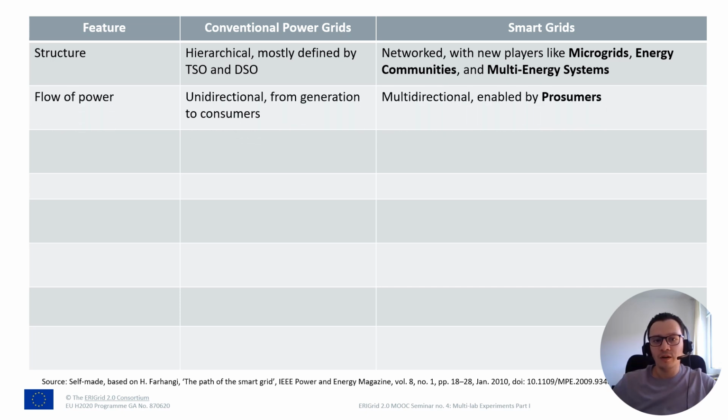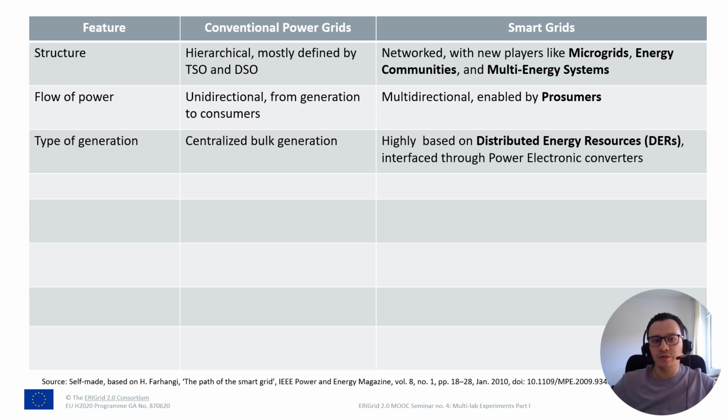Regarding the flow of power, in conventional power grids, it's mostly unidirectional from generation to consumers, while in smart grids, it's multidirectional, enabled by prosumers. The type of generation is mostly centralized in conventional power grids, and it's mostly bulk generation. On the other hand, in smart grids, we have generation which is highly based on distributed energy resources interfaced through power electronic converters. This means that regarding the inertia, we have a high inertia in conventional power grids and a low inertia in smart grids,